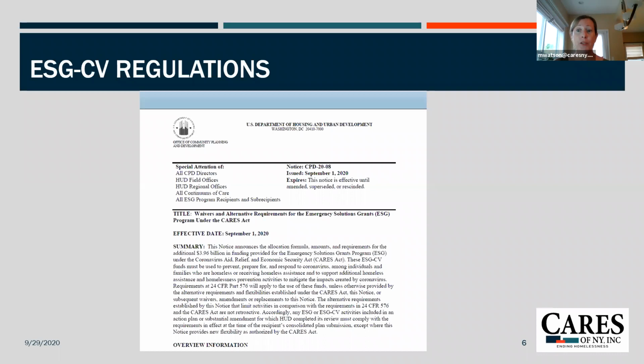As previously mentioned, the regulations were released on September 1st of this year. Please note that this document is in itself a waiver document. Overall regs are still based on the original or annual ESG regulations. The notice is divided into 7 sections, which we'll verbally summarize today. And again, CARES will send out a document summarizing these regs after this presentation.